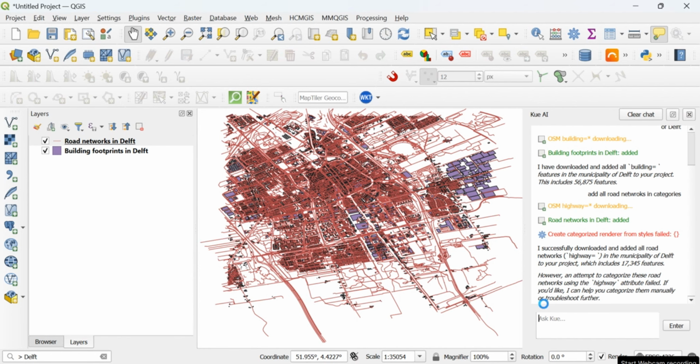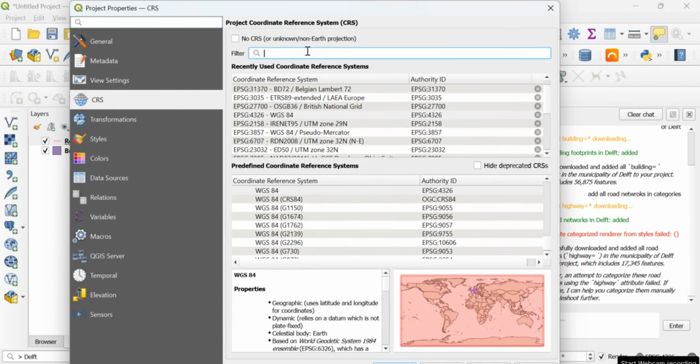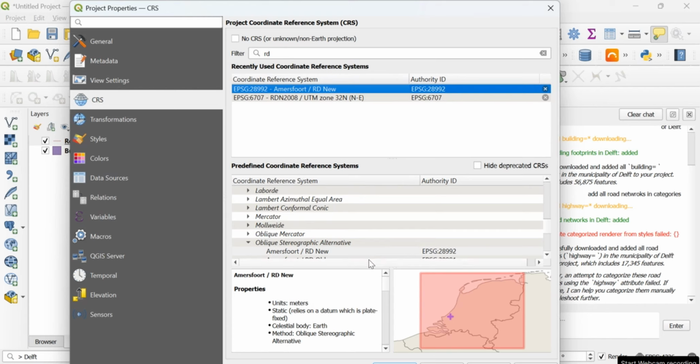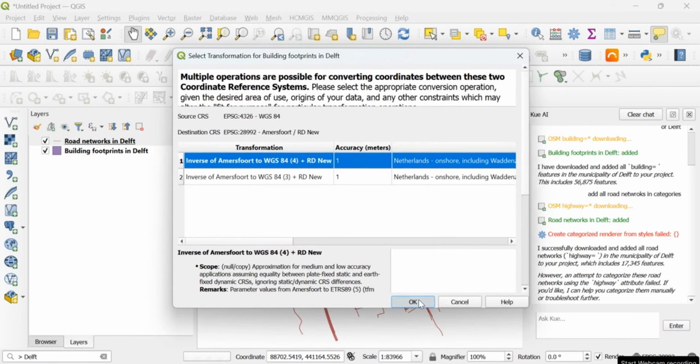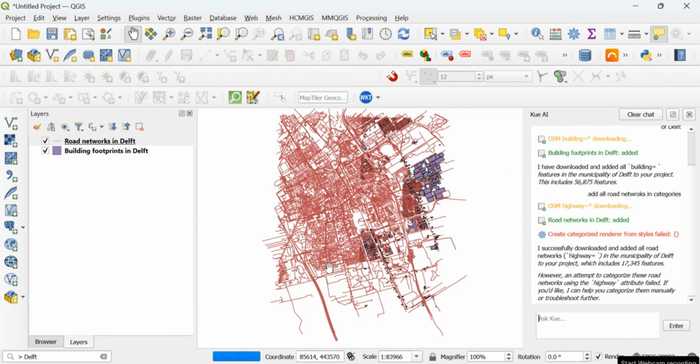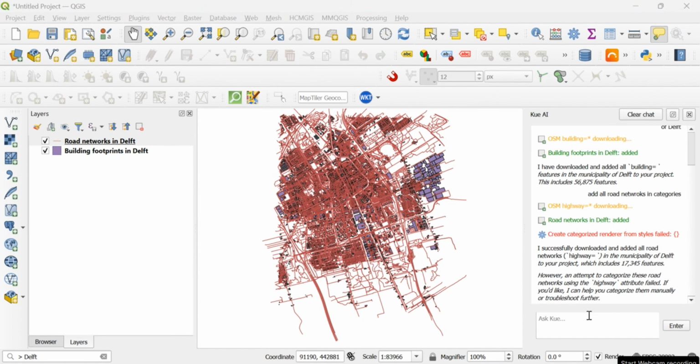But first, let me change the projection to RD New, and then I'll press OK. And now it looks a bit more realistic than before. What we will do next is to load all parks within the area.